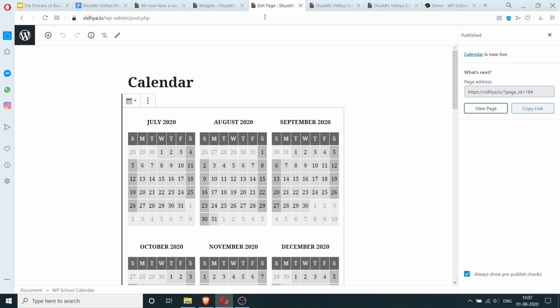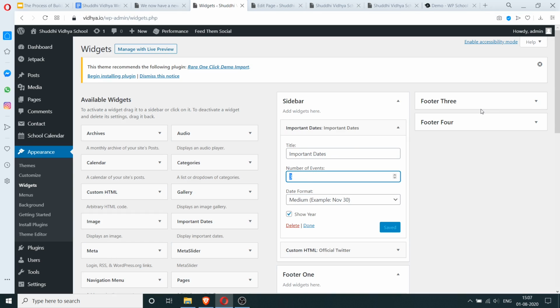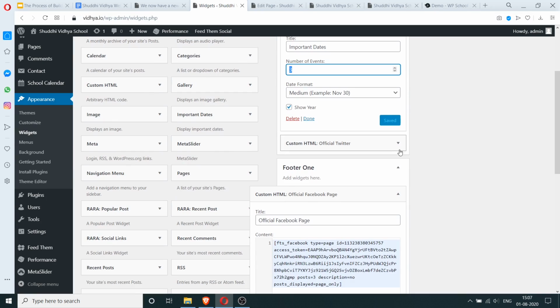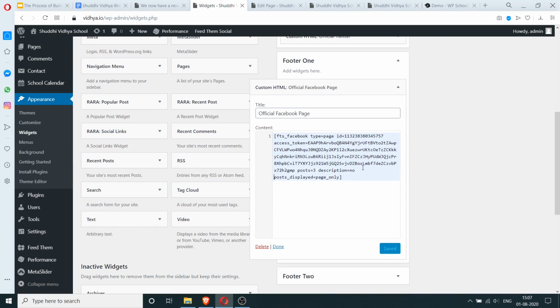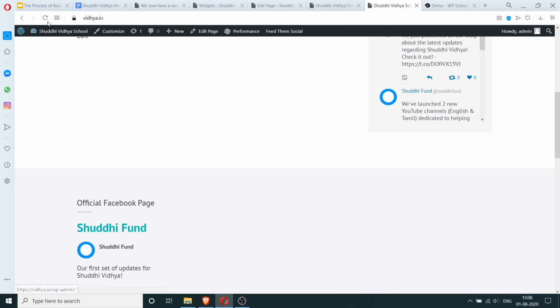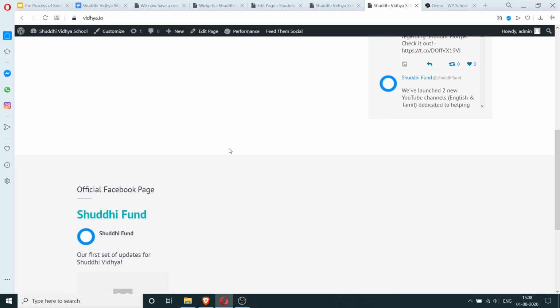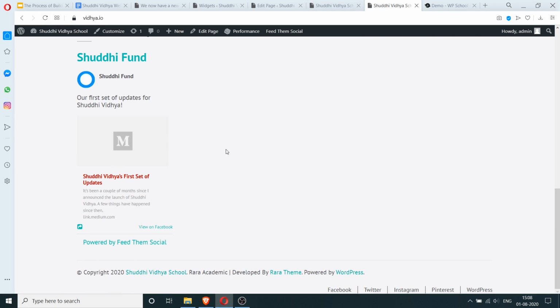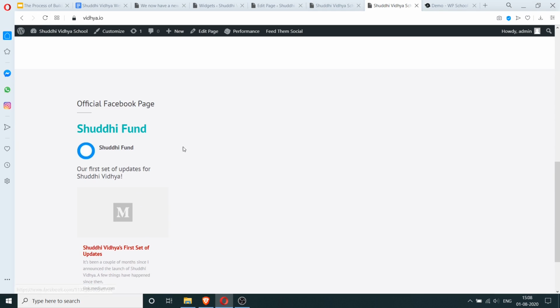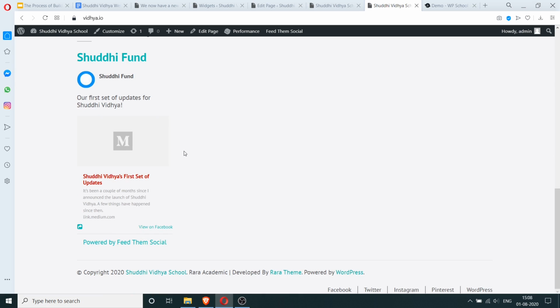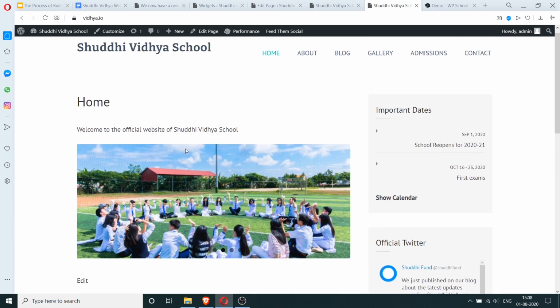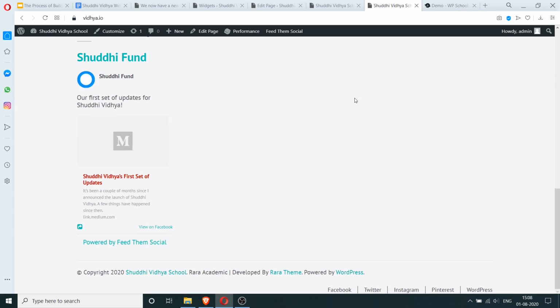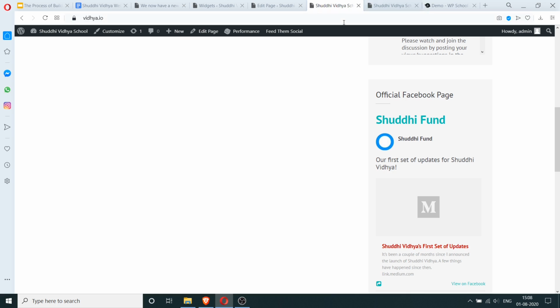So let's do one thing. Let's change the number to 0 and see if that does anything. We only want to show the page, so let's try doing that. Okay, even when I set it to 0, I think it's showing one post, which I guess is good. Yeah, this is fine.